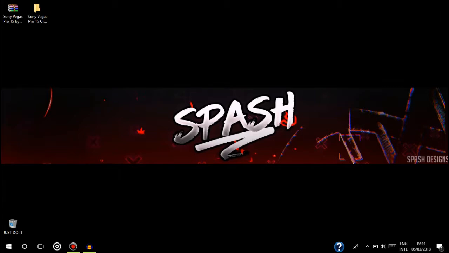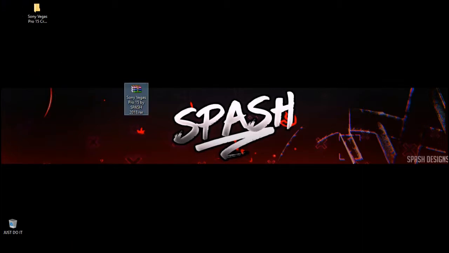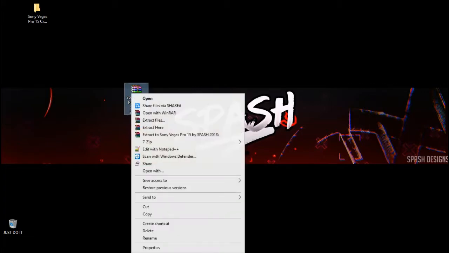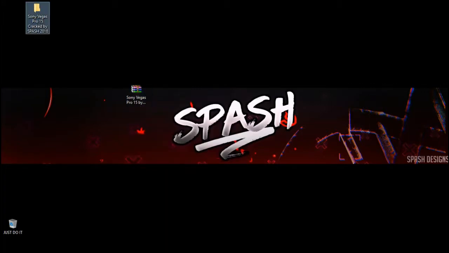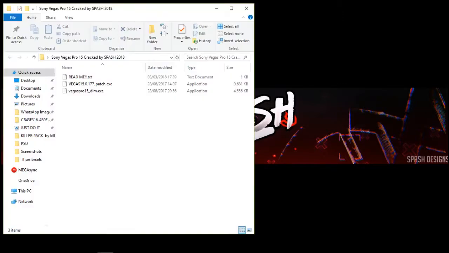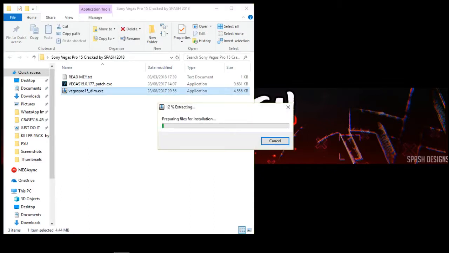So what you have to do is just click the link in the description, download it and open the RAR file, and the RAR file will be like this. And once you unzip it, it looks something like this. You just have to open it, and first click on DLM Vegas Pro 15,